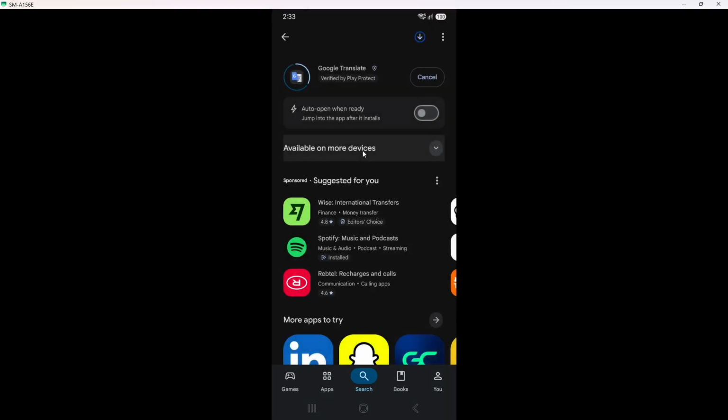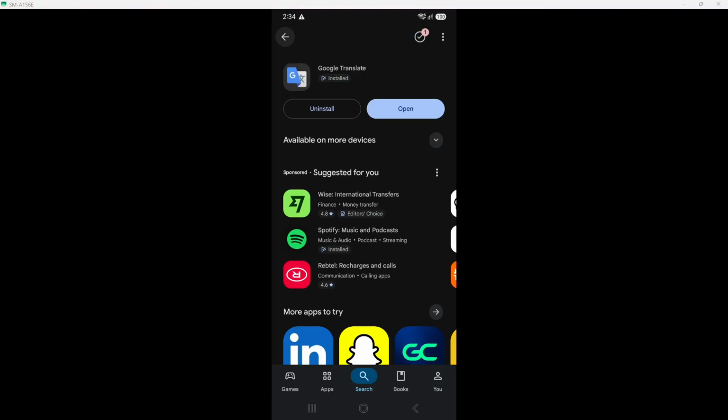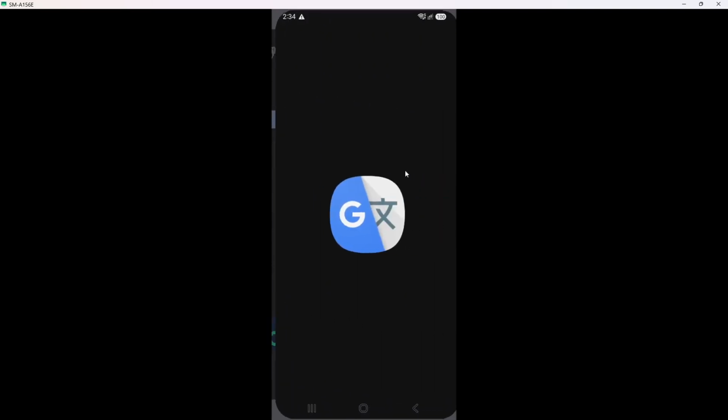Next up, tap Install. The button is near the top of the screen, right under the app name. Once you tap it, you will see a progress bar and the word downloading, then installing. On a fast connection, this might finish in a few seconds, but on slower networks, it can take longer. When it is done, the button will change from install to open, and you will also see the app icon appear in your app drawer.